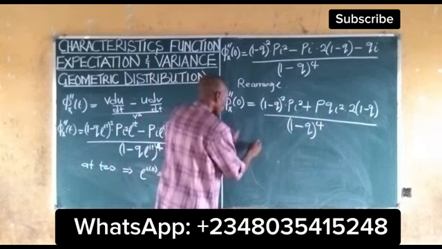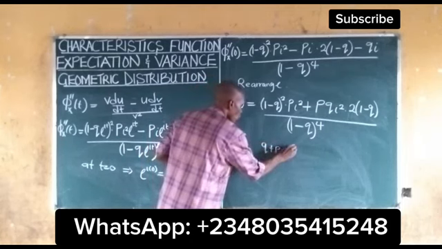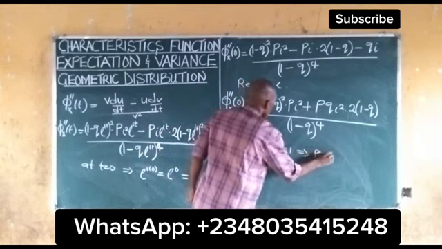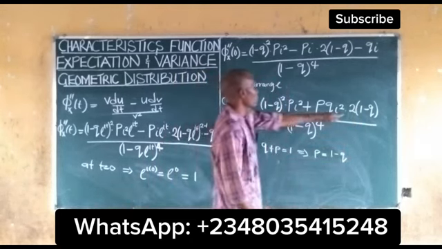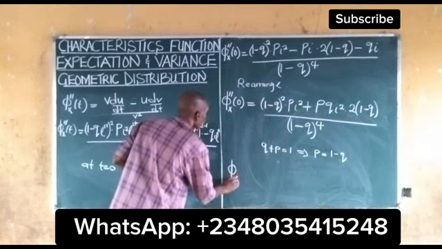So, we got from probability that q plus p is equal to 1. It then implies that p is equal to 1 minus q. So, anytime we see 1 minus q, we put p. It then means that our characteristic function